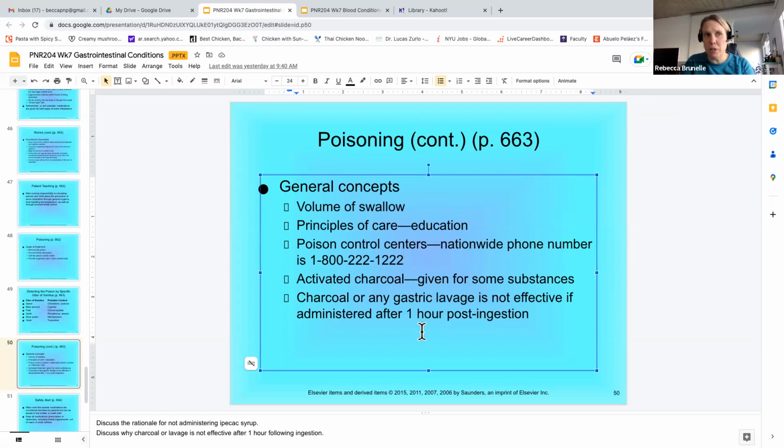Sometimes if you go to the emergency department, they can do activated charcoal or gastric lavage. So activated charcoal, you consume the charcoal usually through an NG tube, and it binds the substance, and then you can remove it. And gastric lavage is you're instilling fluid in and then sucking it out. So you never want to have parents do anything like this at home. This would be strictly in the hospital. And if it's been more than an hour since they ingested something, both of these are not effective, because by that point it's already moved out of the stomach.